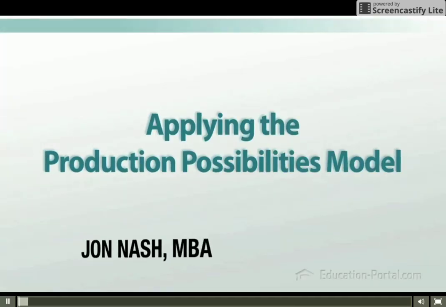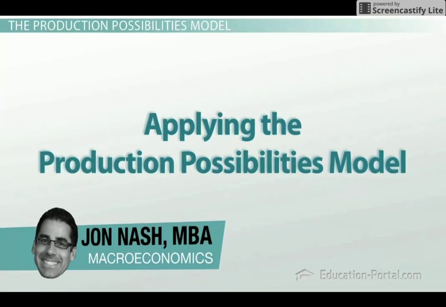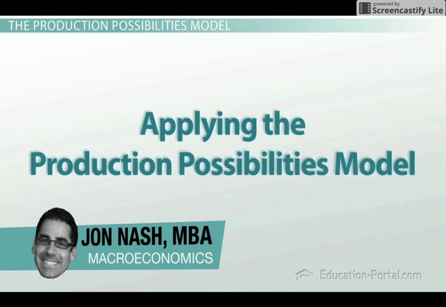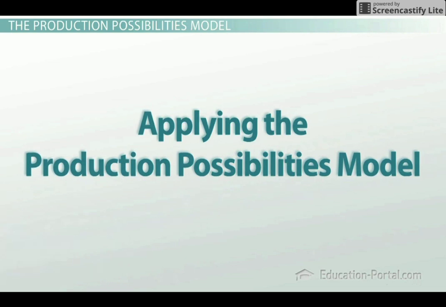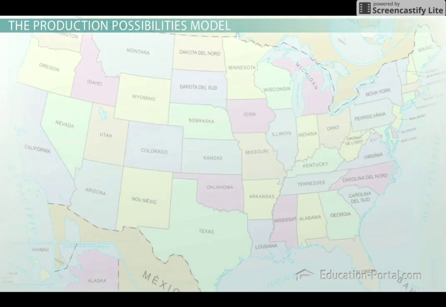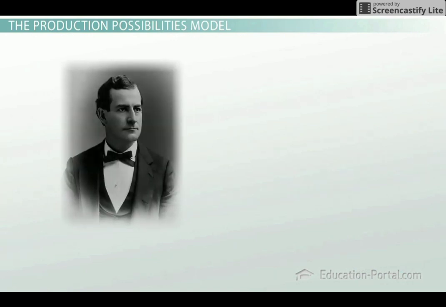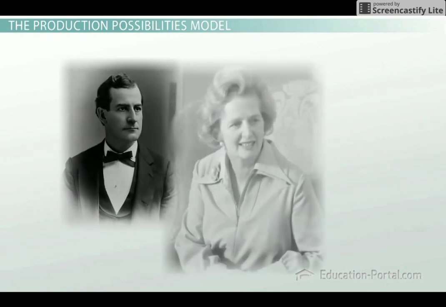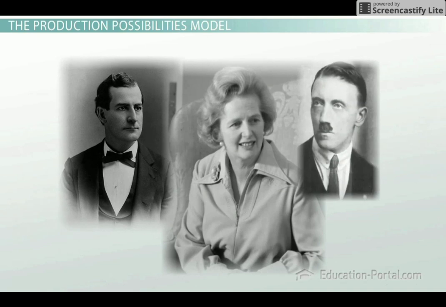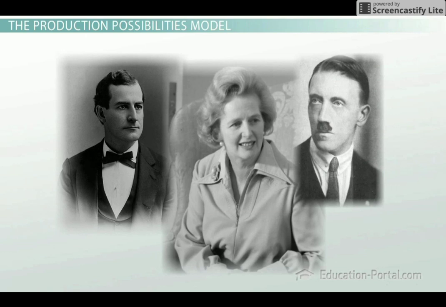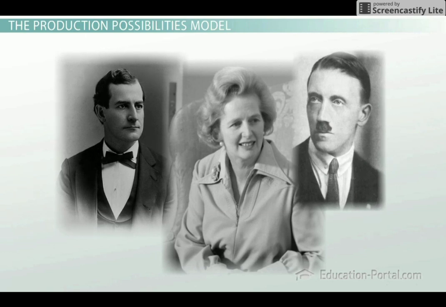We're talking about the production possibilities model in this lesson, and the classic version of the production possibilities model is the comparison between two goods that a nation can produce, either guns or butter, and it must choose between these two goods. Now, famous people in history have used this analogy, including William Jennings Bryan, Margaret Thatcher, and even leaders in Nazi Germany. In fact, the song Guns Before Butter was written in 1979 by Gang of Four about this